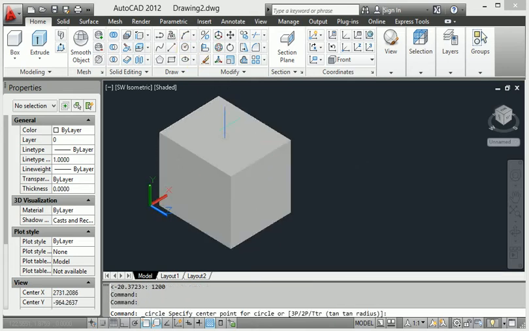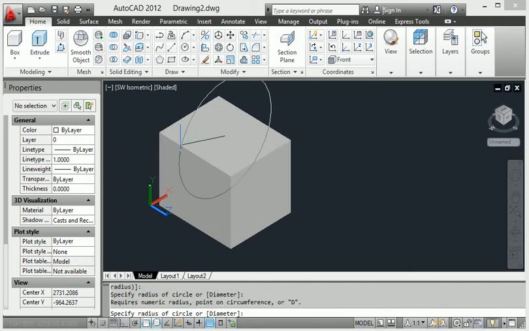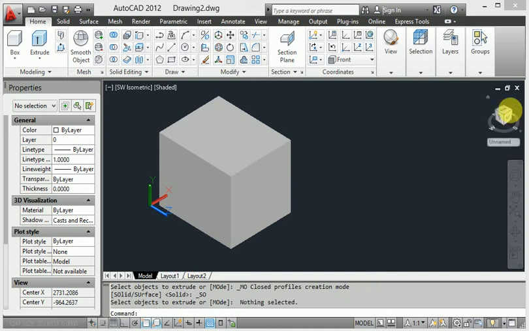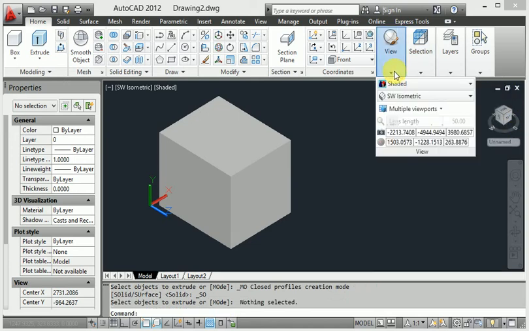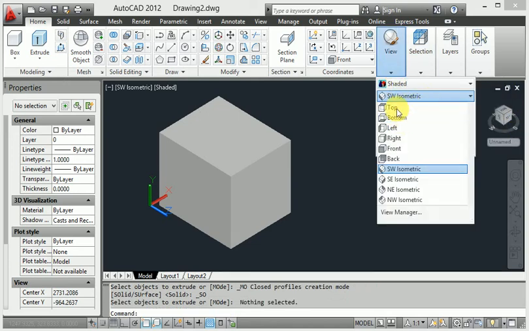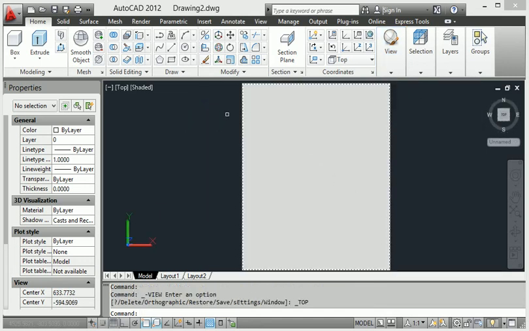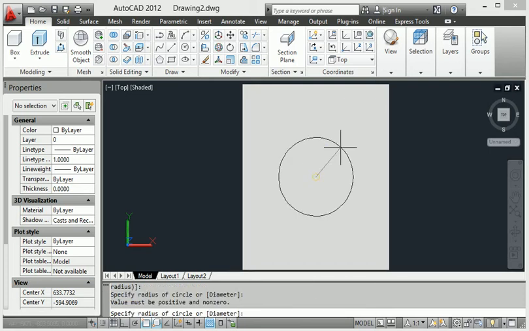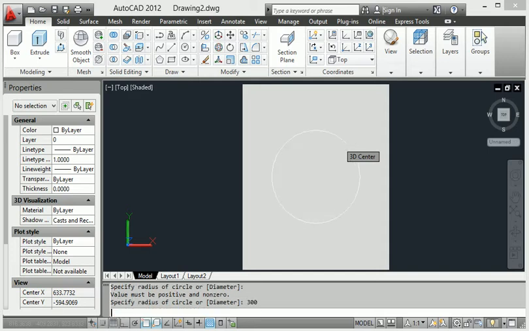Now I create a circle. First I get the top view, and in the top view I make a circle with a 300 measurement.